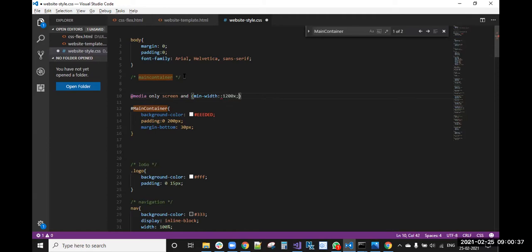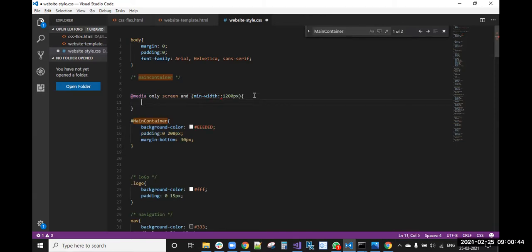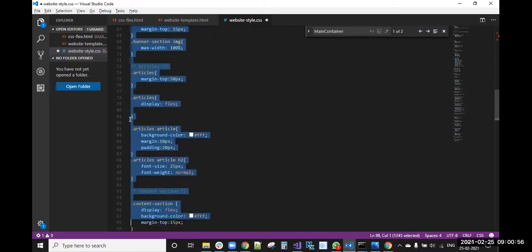First we will give up to 1200 pix. Whatever styles we have written are there, right? But these all things we will keep in the 1200 pix.